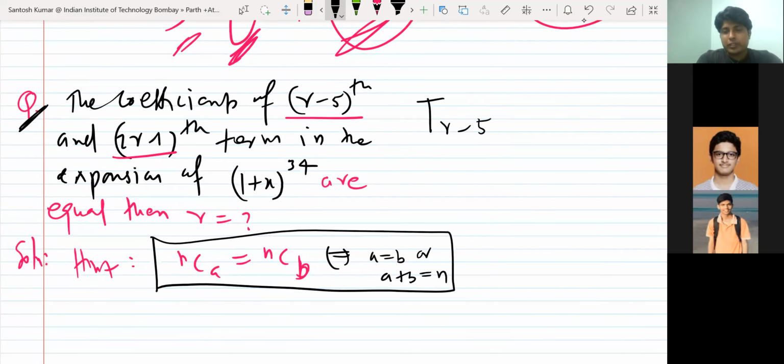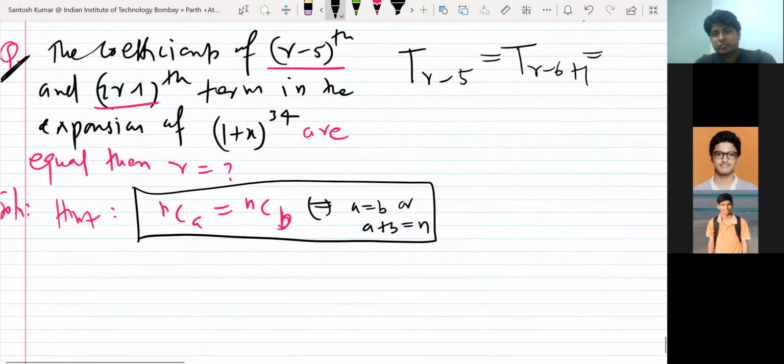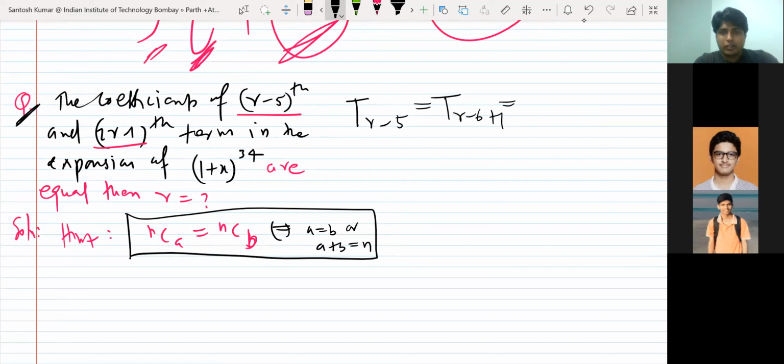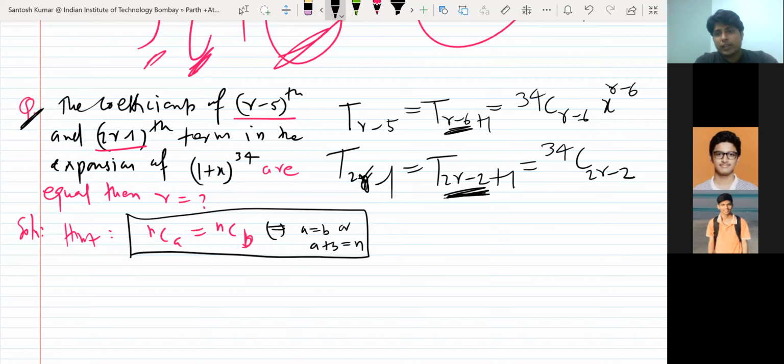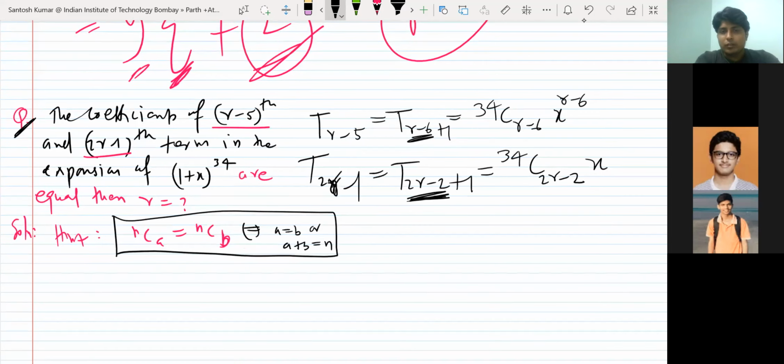So T(r minus 5), you can write as T(r minus 6 plus 1), right? So you will get, with n as 34, 34C(r minus 6) x raised to power r minus 6. And we need the 2r minus 1th term. So I can write 2r minus 2 plus 1. You know the formula, it's r plus 1. So 34C(2r minus 2) and x raised to power,